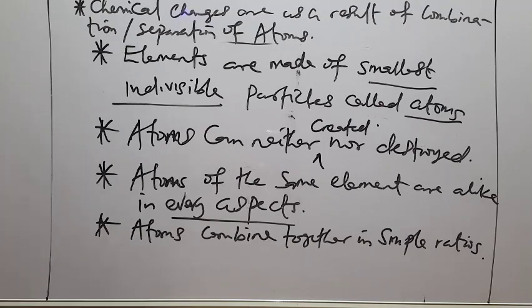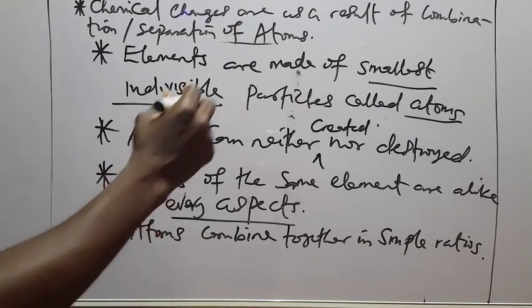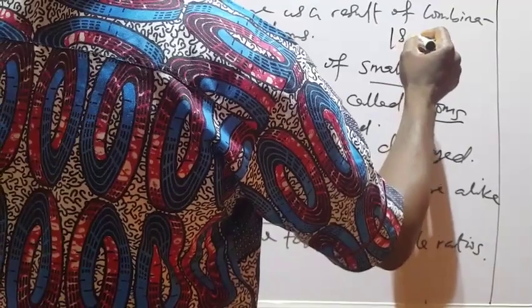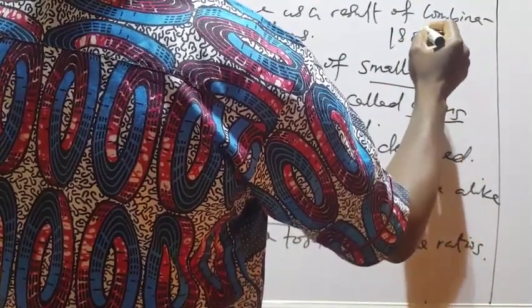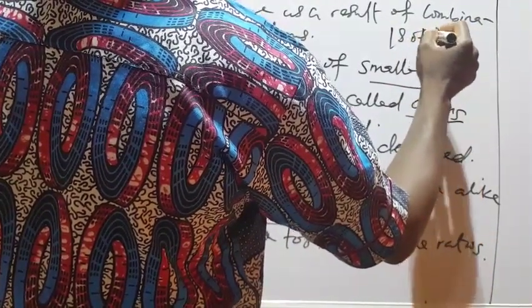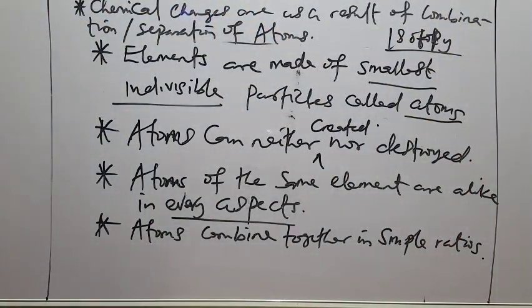This also has been found to contain error by the modern atomic theory, because the modern atomic theory found the phenomenon called isotopy. Isotopy is a phenomenon whereby atoms of the same element have the same atomic number, but they have